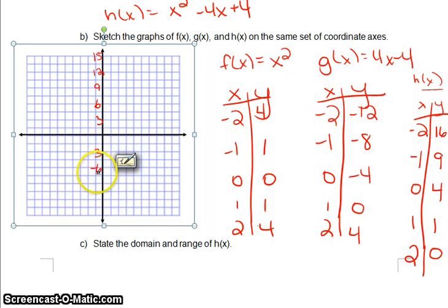-3, -6, -9, -12, -15 there. And our x values just range from -2 to 2, so we can go with our usual values. We have 1, 2, 3, 4,